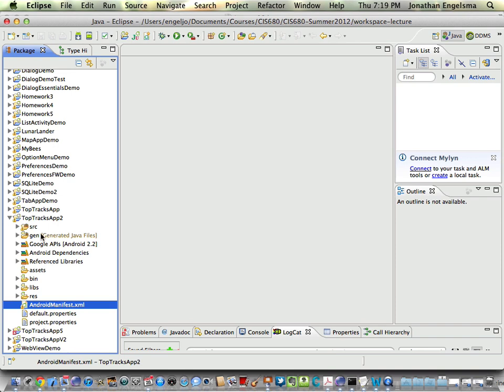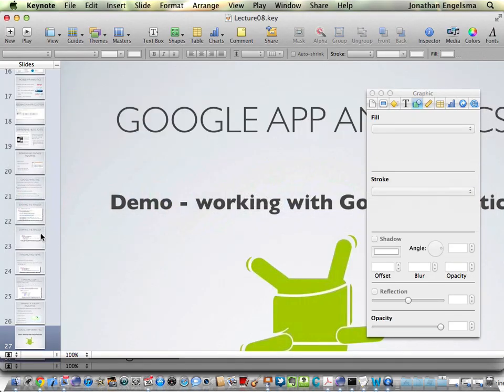All right, so what I'm going to do tonight is carry on from our last example code. So we looked at this Top Tracks app last time when we talked about async tasks and network programming. And so what I want to do tonight is take that same application and show you how I've wired it up to Google Analytics. So the first thing you've got to do is go and get that Google Analytics library. And I put a link in the view graphs